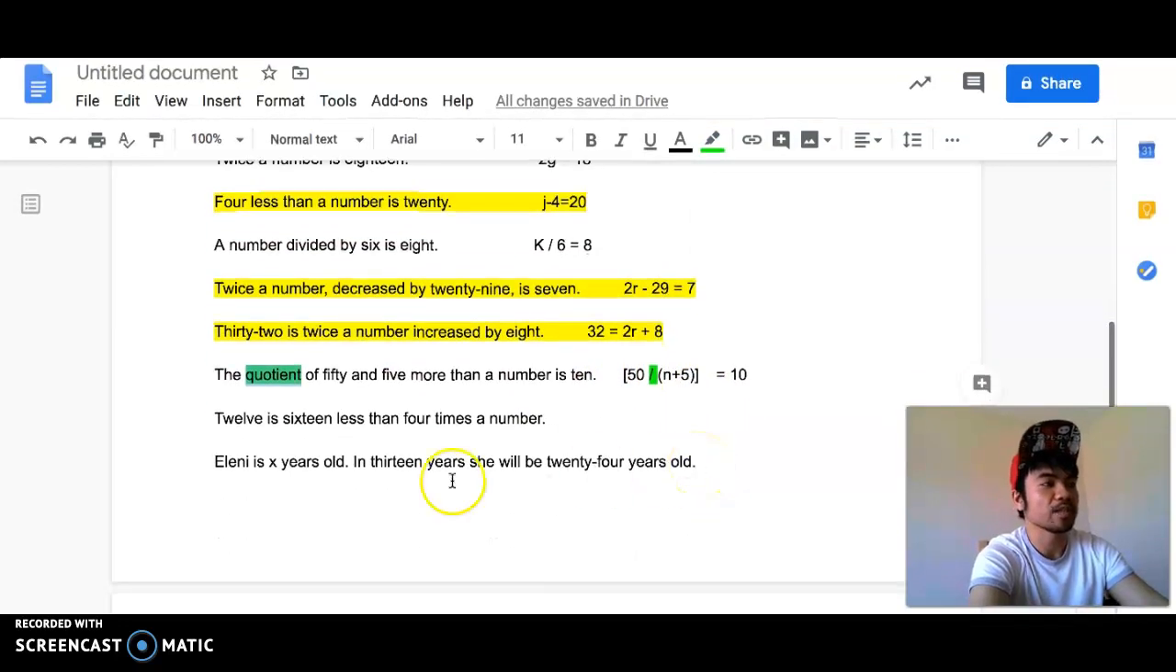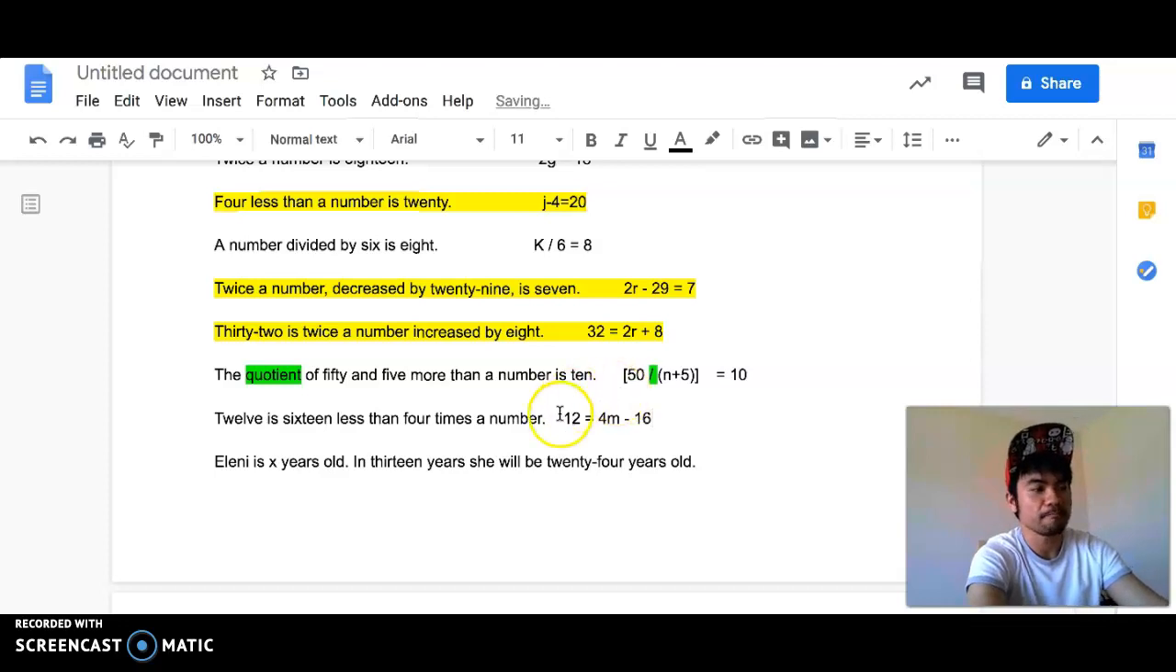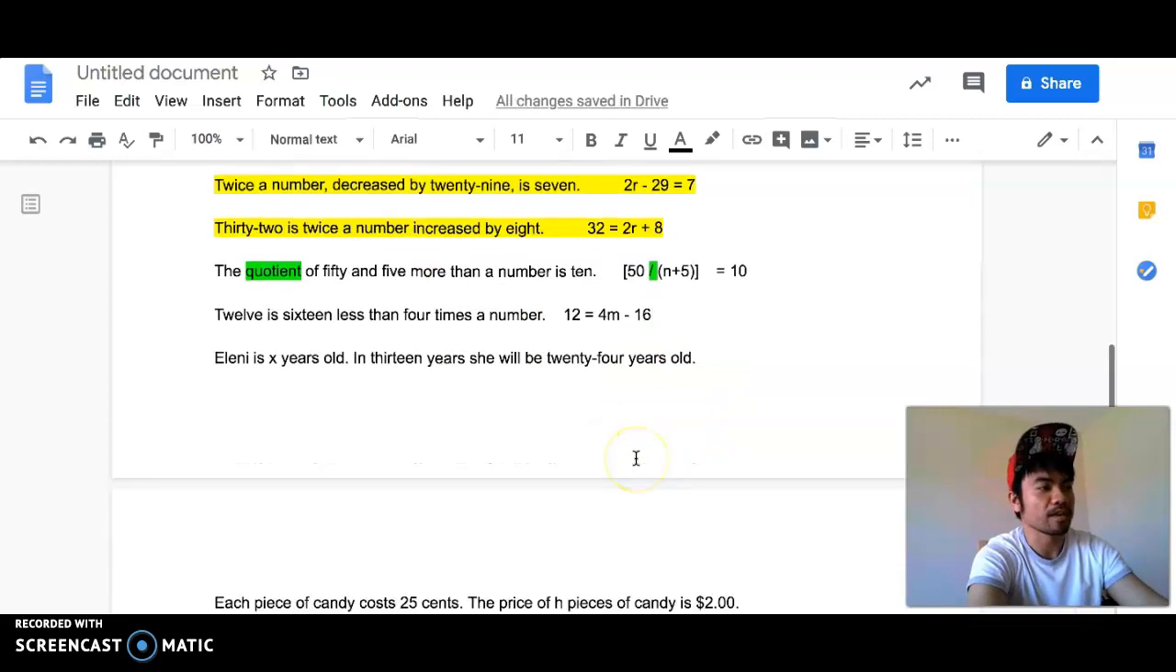Okay? Now this one, 12, okay, so let's read this question again. 12 is 16 less than 4 times a number. So it's actually 4 times a number minus 16. Okay? This one,